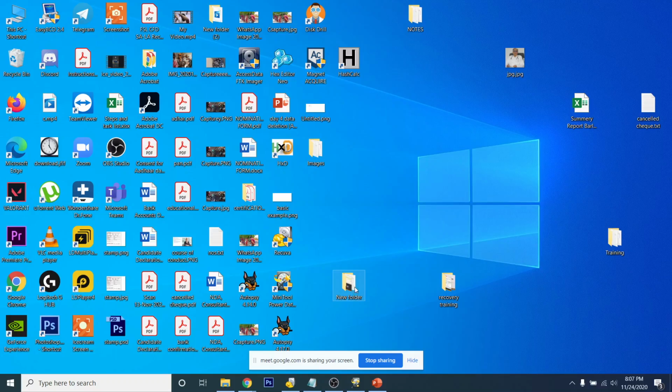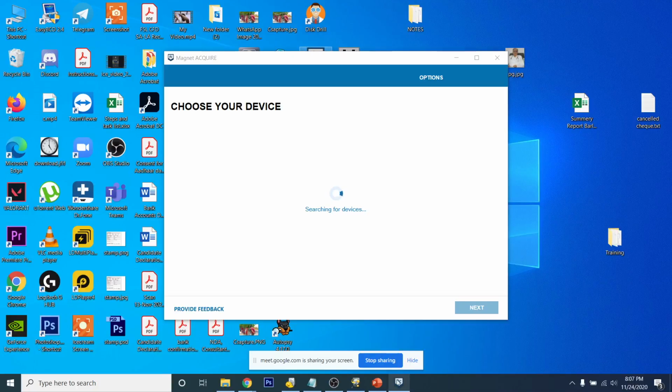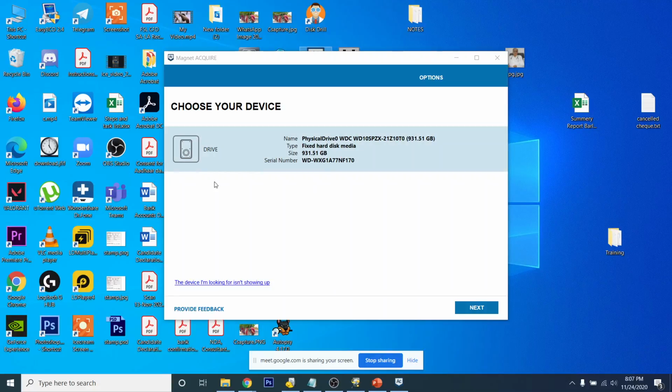Magnet Acquire. It is not showing my SSD. I don't know why it is not showing.